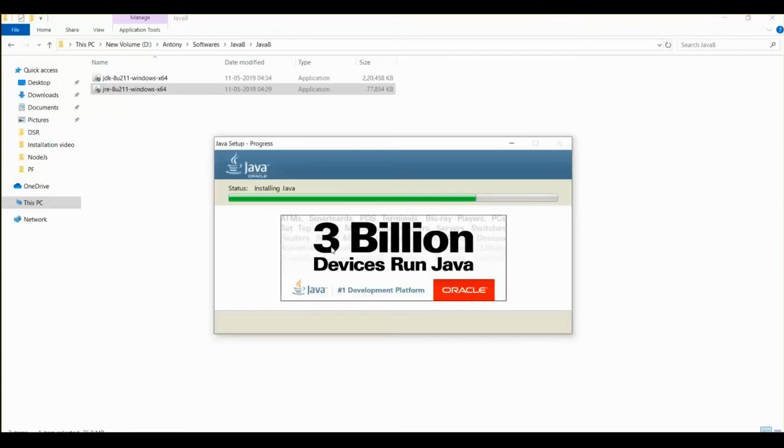It's going to complete now. Let's wait for that. So next, let's see how we can configure the path also.